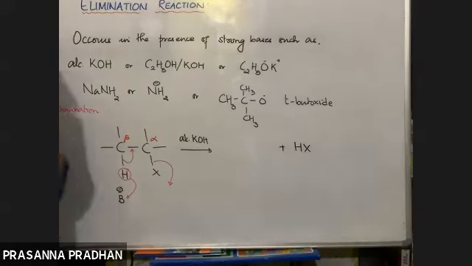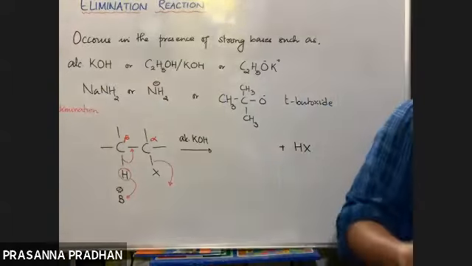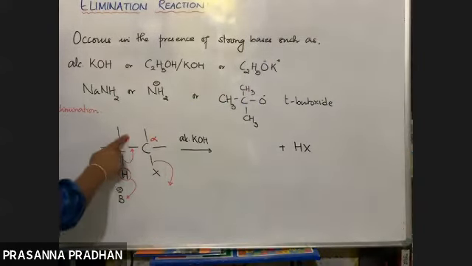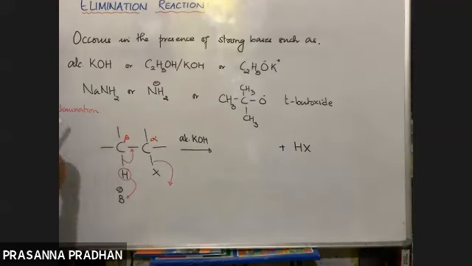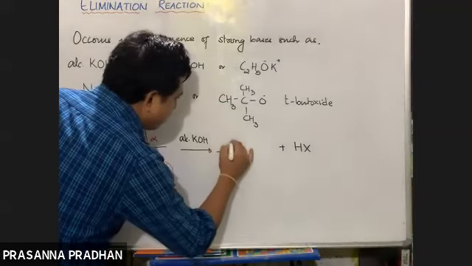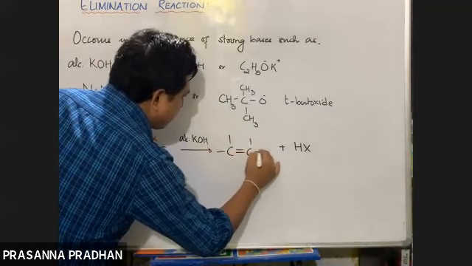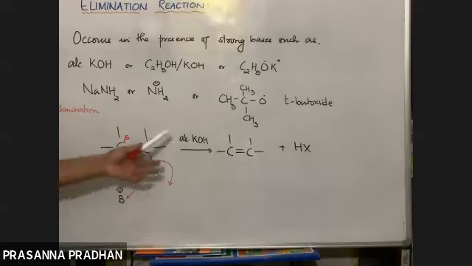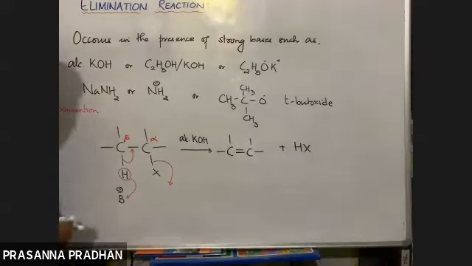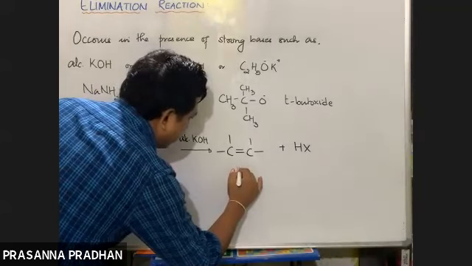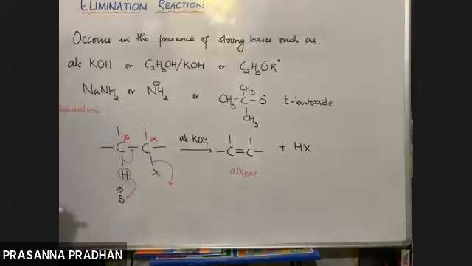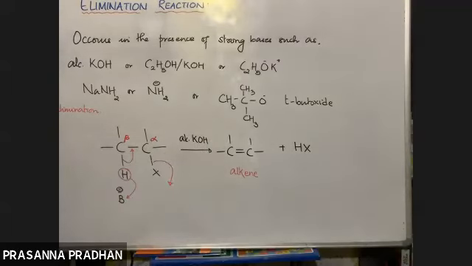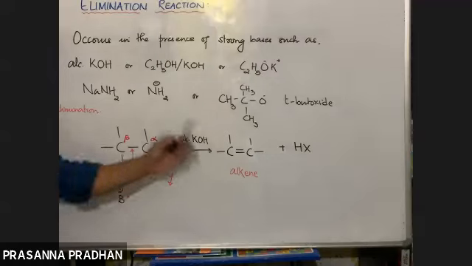So just simply, how will you simplify the things? Just remember, from the alpha carbon halogen will be eliminated, from the beta carbon hydrogen will be eliminated, and in between the alpha and beta carbon a double bond will be formed like this. So alkyl halides undergo this type of elimination reaction to form an alkene. We have done the reverse reaction, alkene to alkyl halide. We have discussed here alkyl halide to alkene.